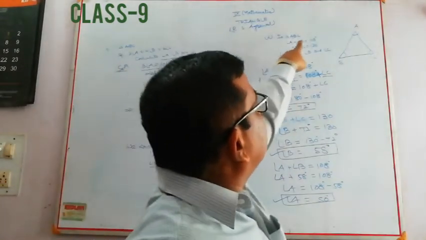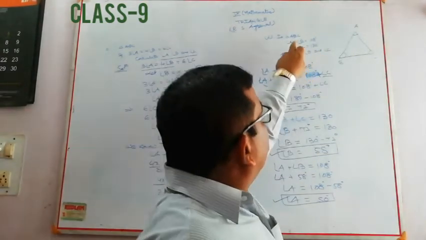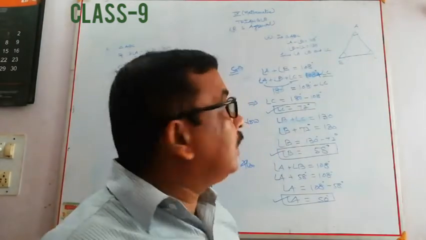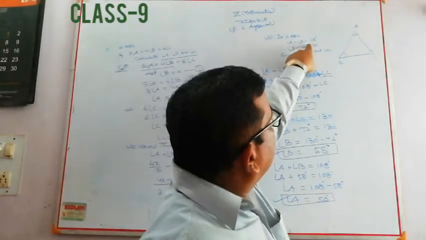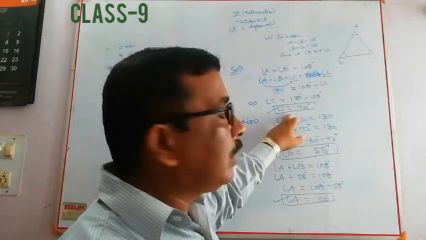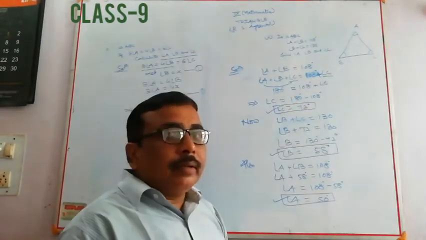If A plus B is equal to given and B plus C is equal to given, how can you solve? Firstly, I take angle A plus B is equal to 180 degree. Adding angle C in both sides. A plus B plus angle C, 180 plus angle C. Then I find the value of angle C is equal to what? 72 degree. Then I find the value of angle B and A.